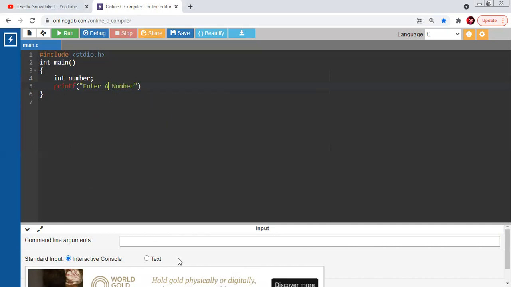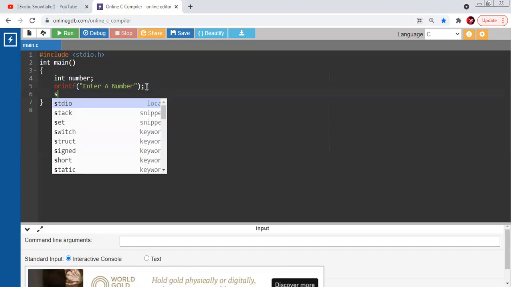So printf, whenever we are starting this program, it will ask us to enter a number, and so this is why we are using printf. It's printing the statement which is enter a number over here, and close this statement with a semicolon. Go to the next line and put